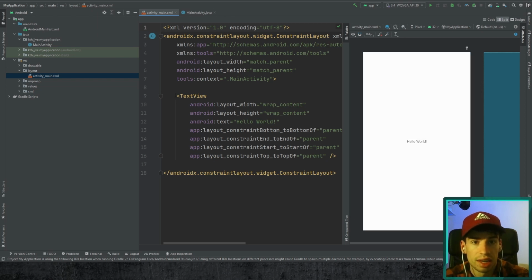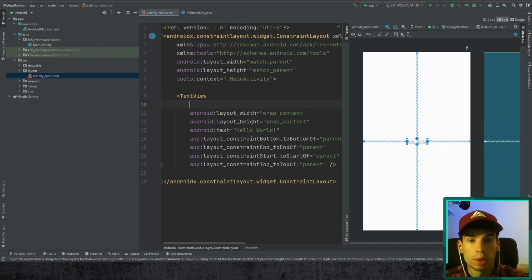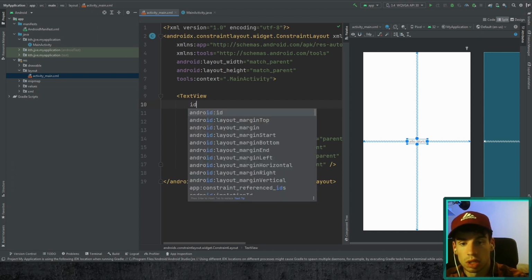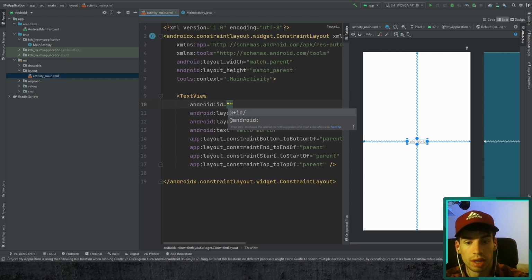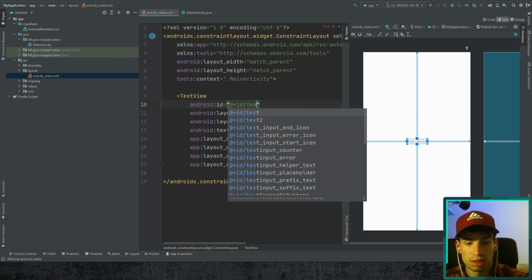So let's start with the layout that we actually want. The first thing we want to do is have a text view that displays the current value of the counter. So let's reuse the text view that's already been made. The first thing we want to do here is give it an ID so that we can reference it in our Java class. So I'll just say android:id, add an ID, and let's call it text view